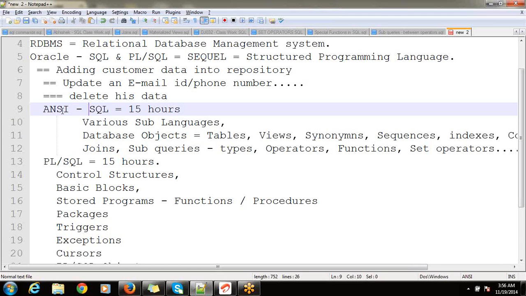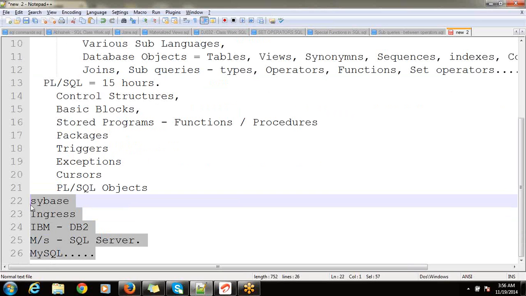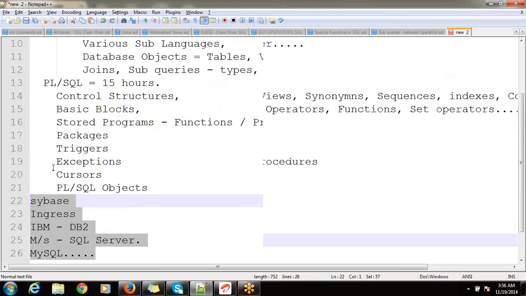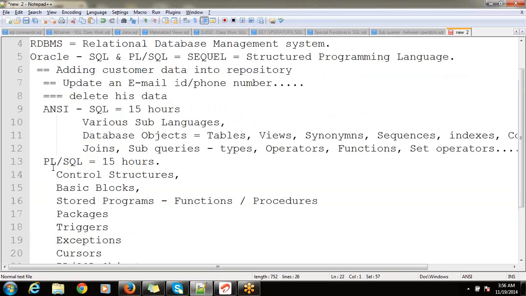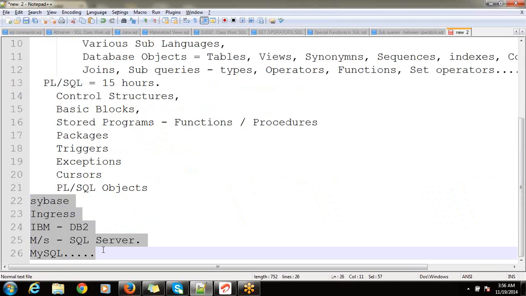American National Standards Institute has proposed some rules, and the SQL whatever we are seeing now is standard ANSI SQL. So all these examples of RDBMS which I listed out have those ANSI SQL standards in them, so that it would be easy for you to understand the syntaxes present in other databases also, with very little change in the keywords. That's it.